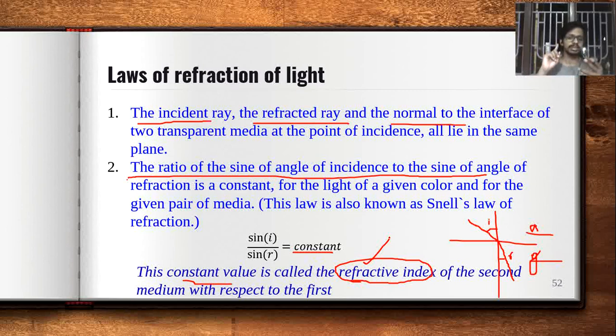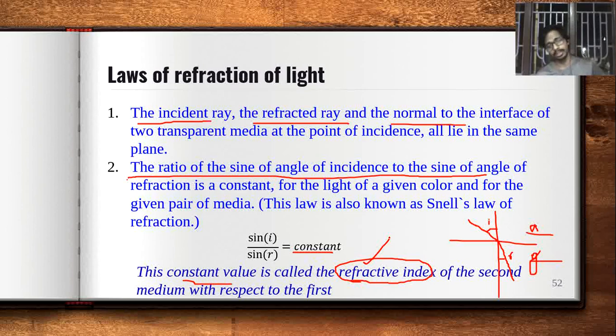So suppose I compare air to glass or air to water, then for air to glass the refractive index is always constant. Similarly, the refractive index when you take water to glass is always constant. Okay, so the refractive index is always constant for a given two media, and this particular second law is called Snell's